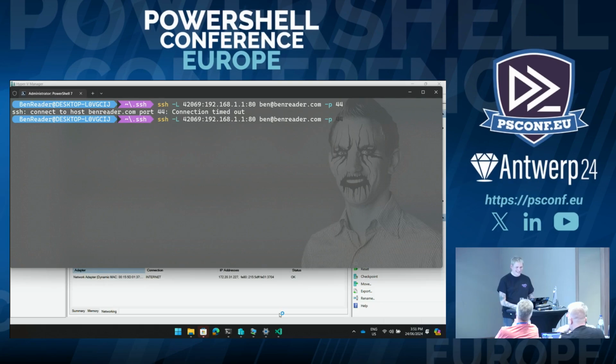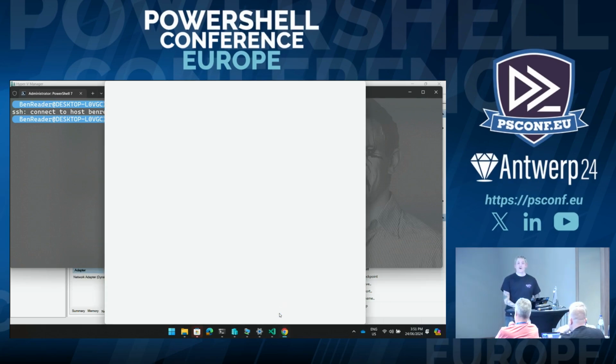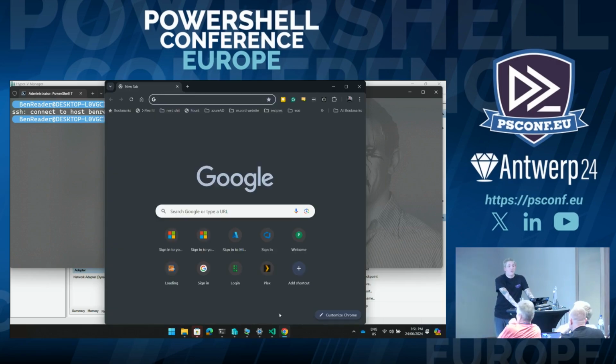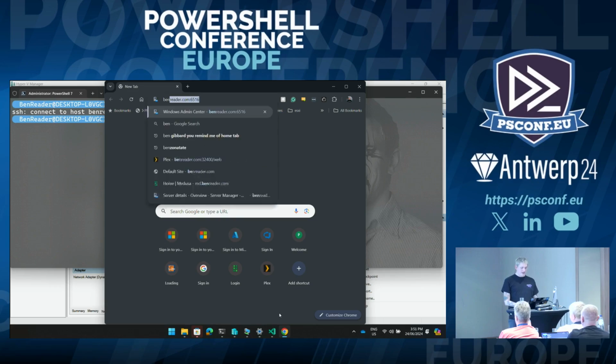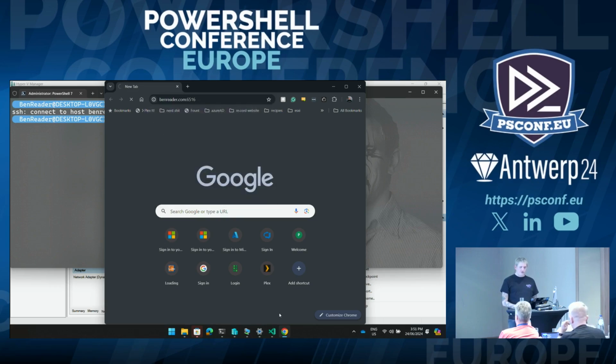What was that snarky little comment? So why use Windows Admin Center when you've got PowerShell? Okay, why use Windows Admin Center when you can use PowerShell? Windows Admin Center uses PowerShell for all of its commands. PowerShell all the way. It does use WinRM as its backing connection, which is not SSH, which is a statement I just made. But yeah, it's just a really, really neat way to manage a bunch of environments.